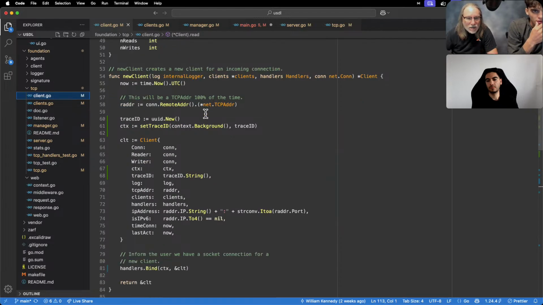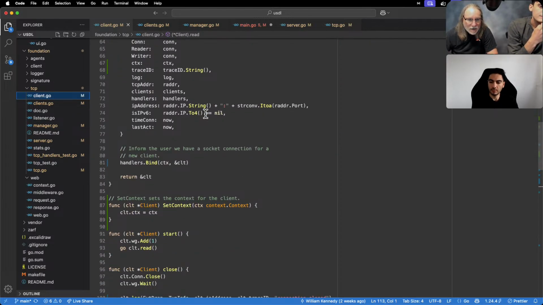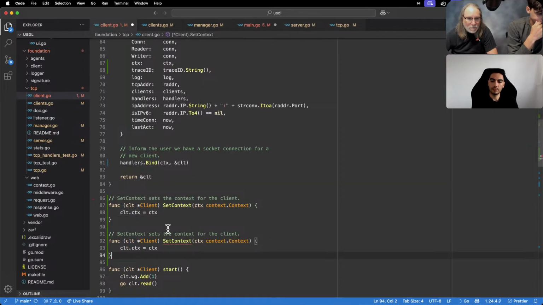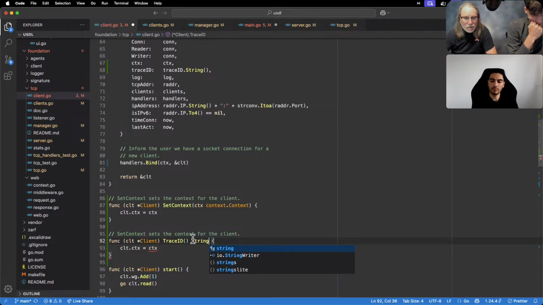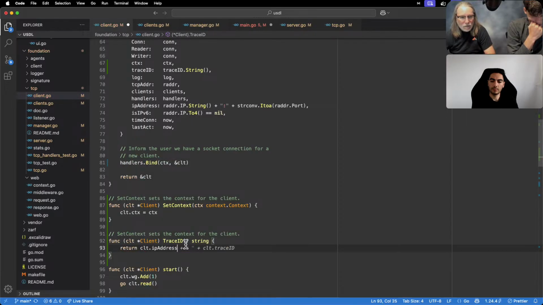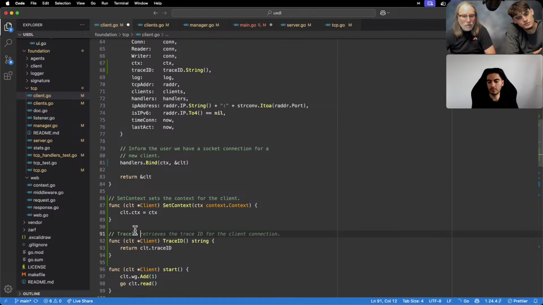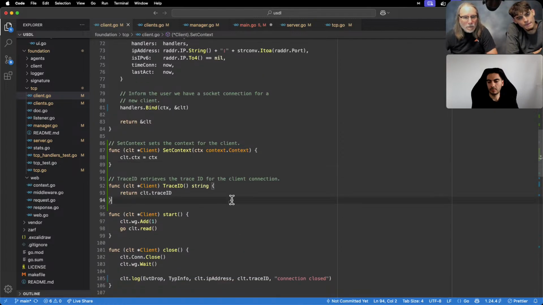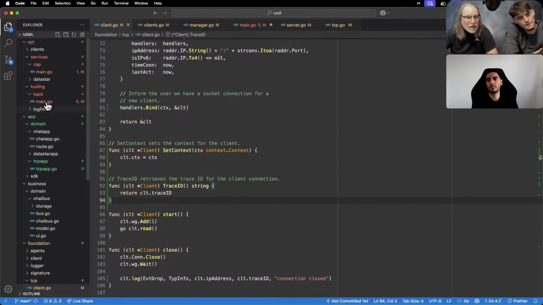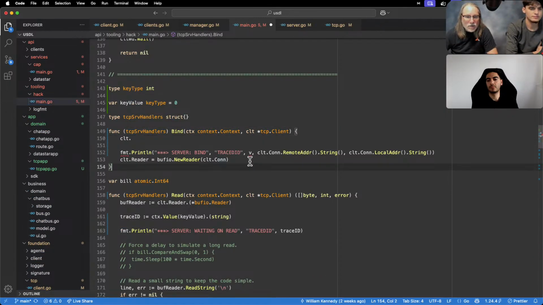It already has a trace ID, so why can't we just do this? We did that, then this just becomes,